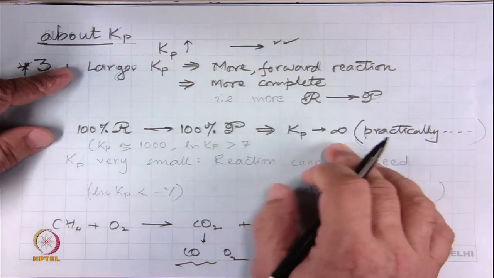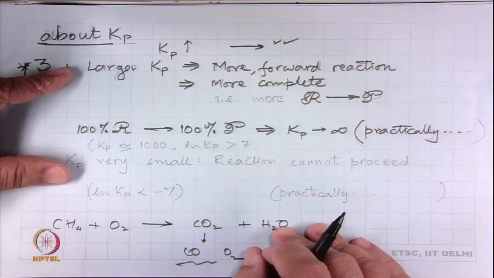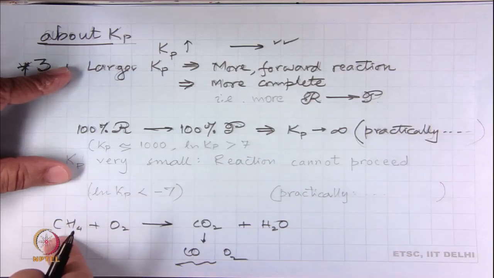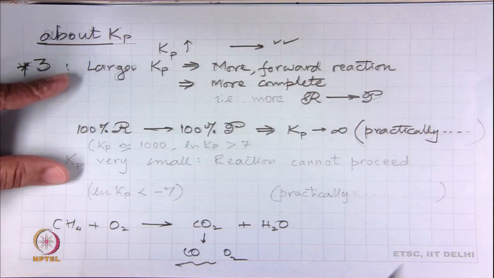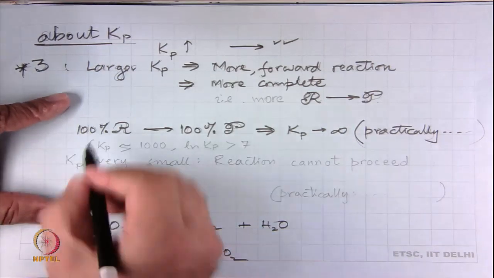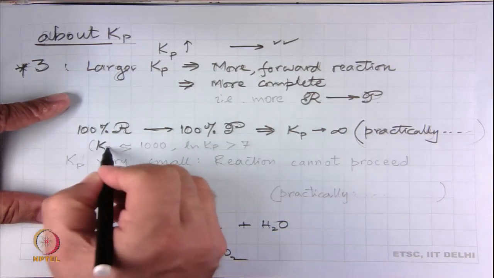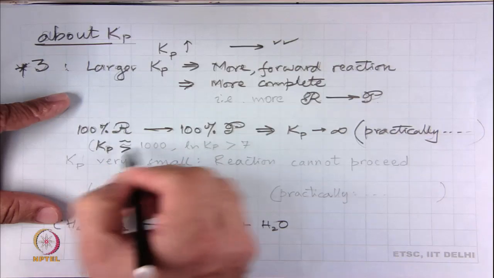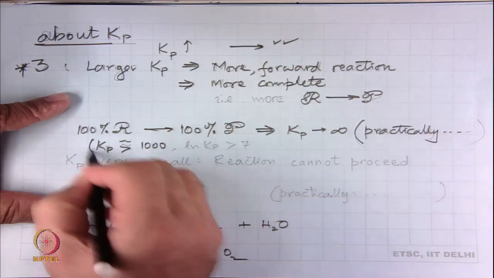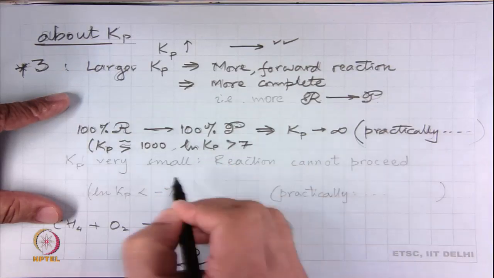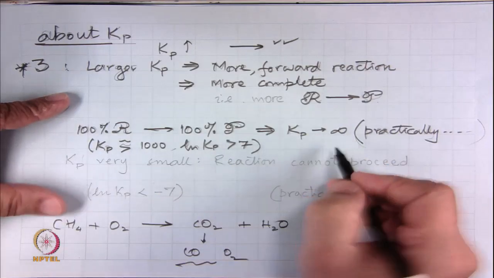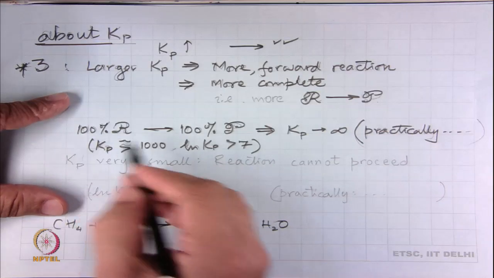So, K p, although it has gone to a very large extent in burning out all the fuel, there is always a very small amount which is still not completely burned. So, what we are saying is that if K p is of the order of or greater than 1000, which says that ln K p is more than 7,